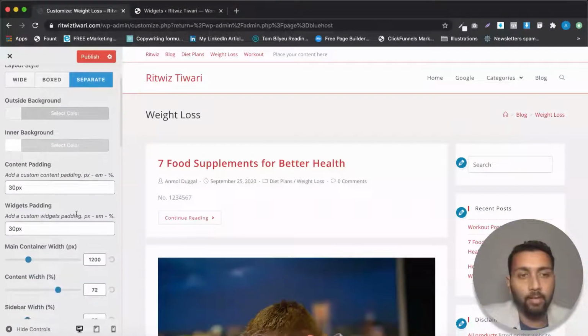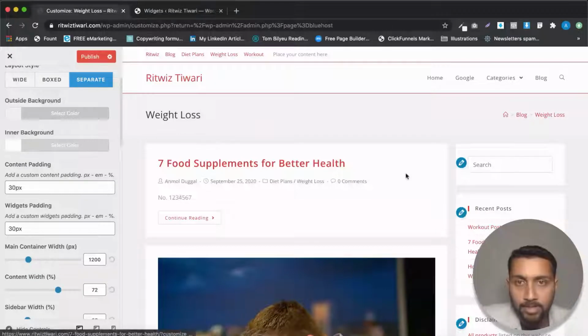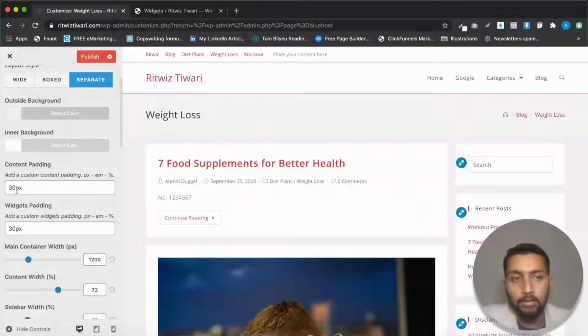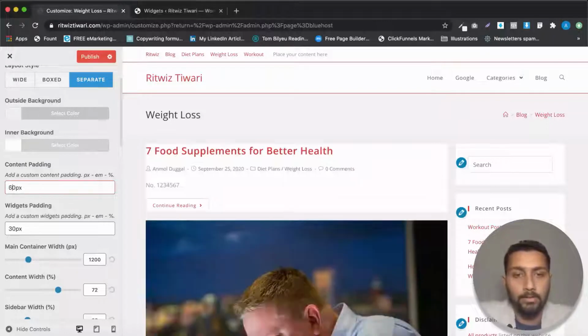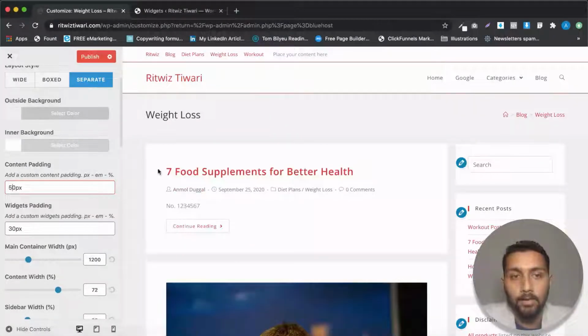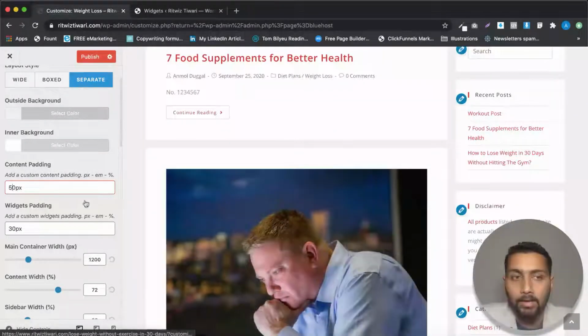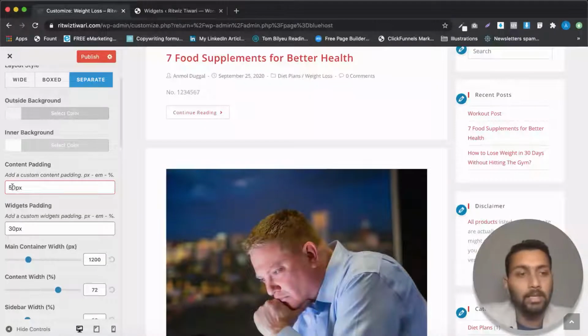And then let's just check what all options we have. Now see, content padding. Currently the padding is 30 pixels. Now what is padding? Padding is the space that is there between these, right? That inside space. Then this outside space is called margin. This inside space inside a container is called padding, from all the sides. So if I just change it to something like 50 pixels, let's see what happens. See, the 50 pixels has been added to all the sides: top, left, right, and bottom. Okay. So this is content padding. So let's keep it at 50 itself.